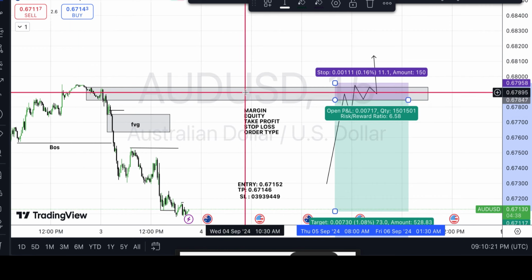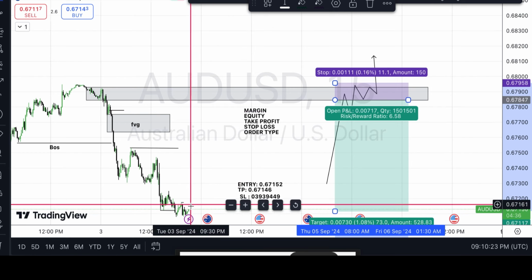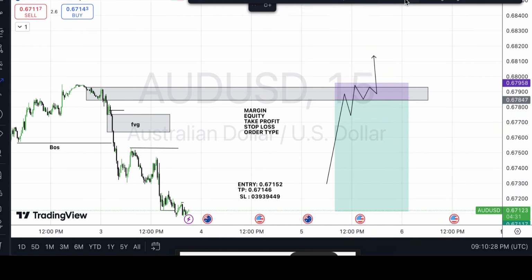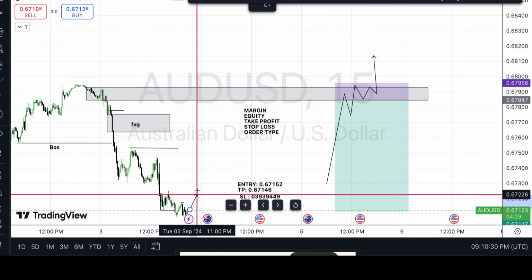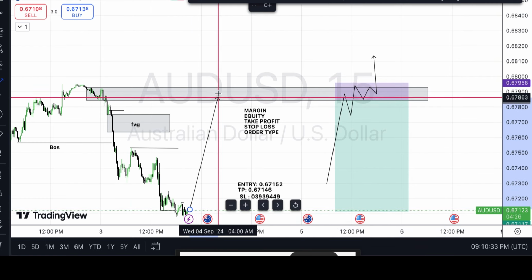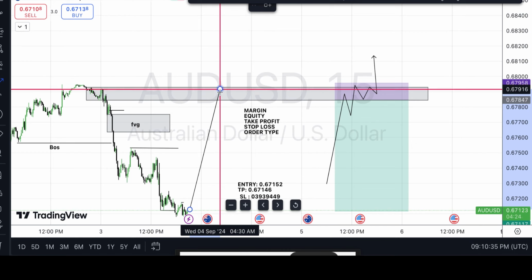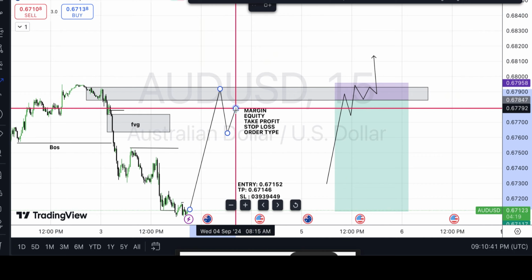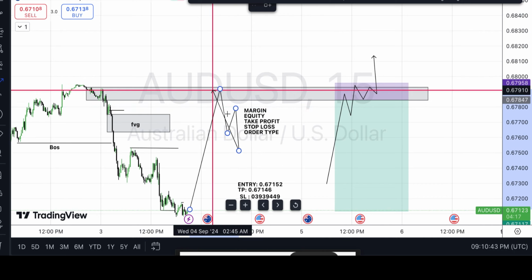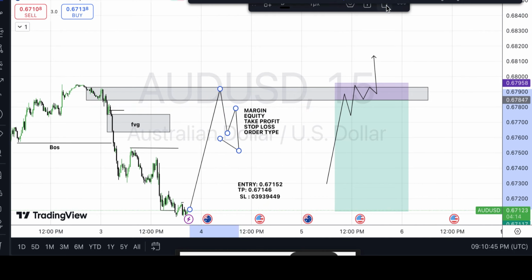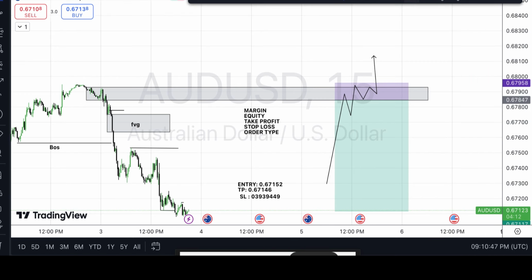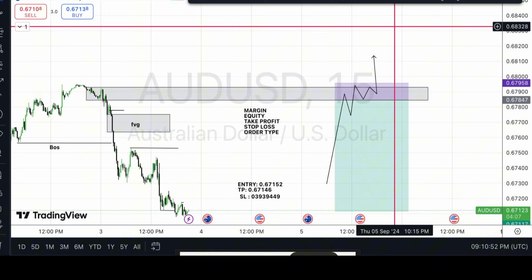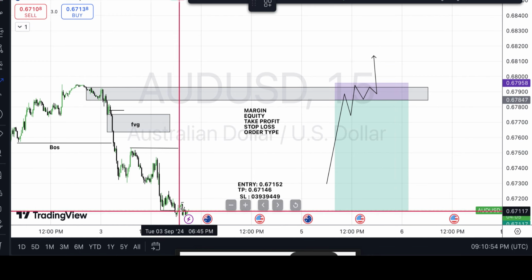So let's say price retraces back to that zone. After price retraces back to that zone, it's supposed to react from here and start selling, doing something like this. But instead, when price got to that zone,